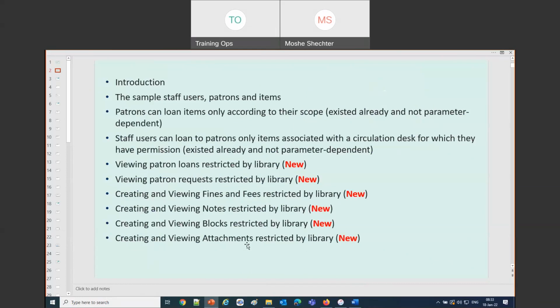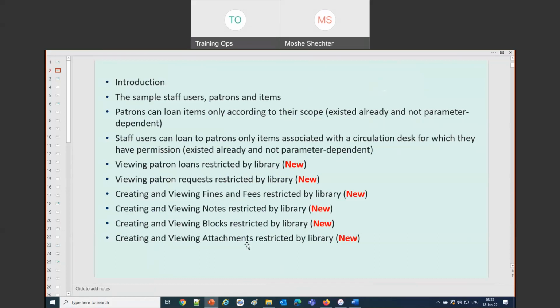So we've always had in Alma, ever since day 1, that famous day in the summer of 2012 when Boston College took the leap and became the first library to go live with the leading library services platform, that you can define that a certain patron can only loan from a certain library. And we've always had that staff users can only loan items from a certain library, and that's by permissions on a circulation desk.